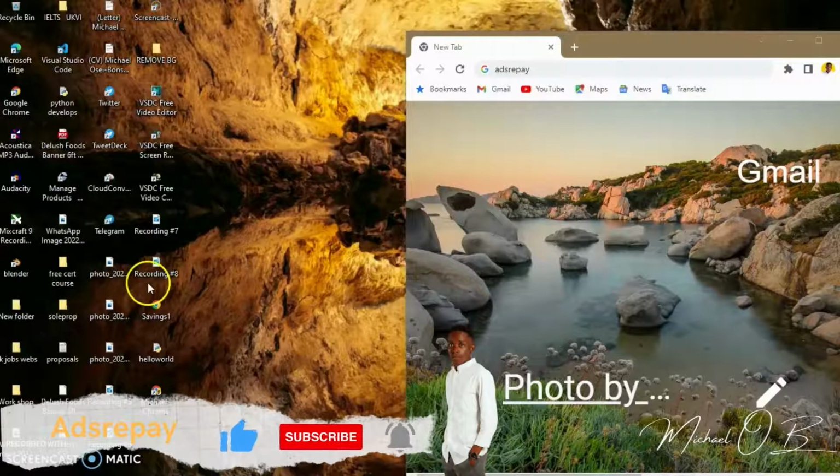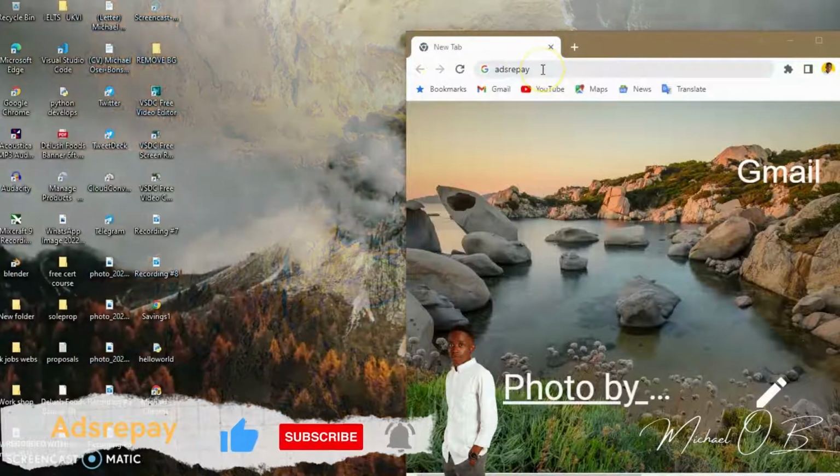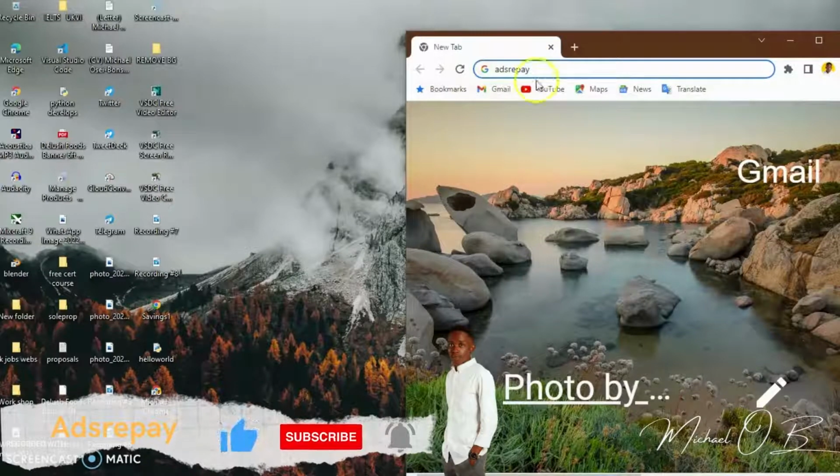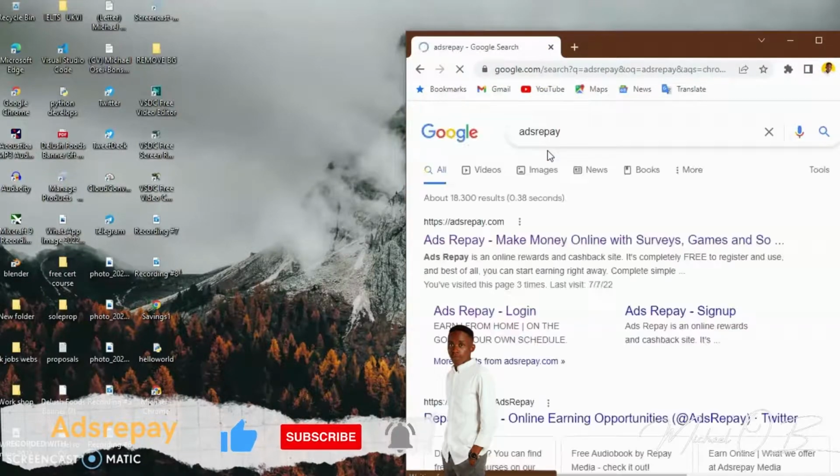The first website we are going to talk about is Adsrepay. What you do is, when you go to Google, you just type ads repay and press enter.